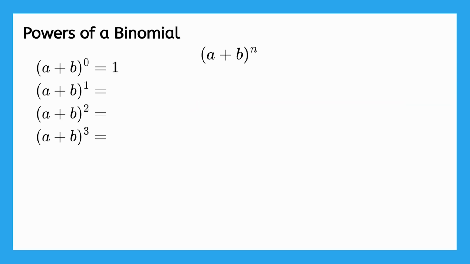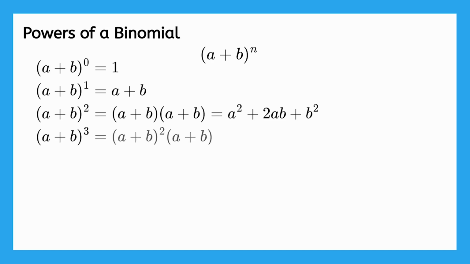Anything to the 0 power is just 1, and anything to the first power just stays the same. A plus b squared will require you to multiply the binomial times itself using the distributive property, and we can do the same for a plus b cubed. Take our previously expanded form of a plus b squared multiplied by a plus b again, and use the distributive